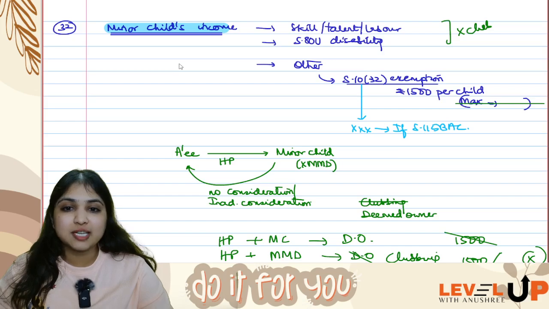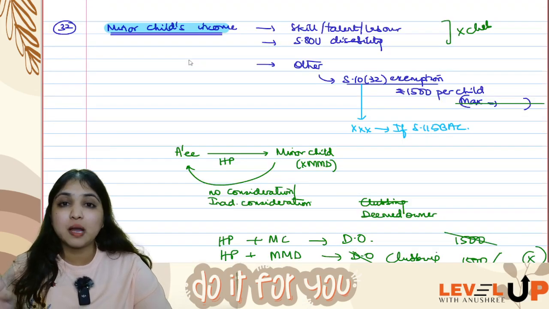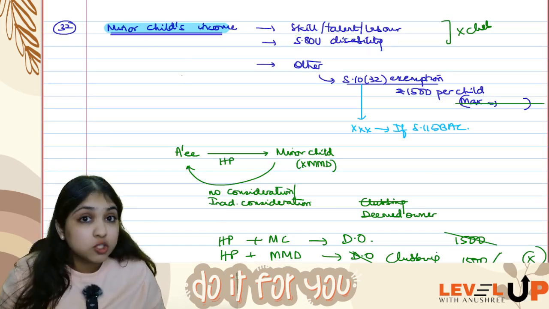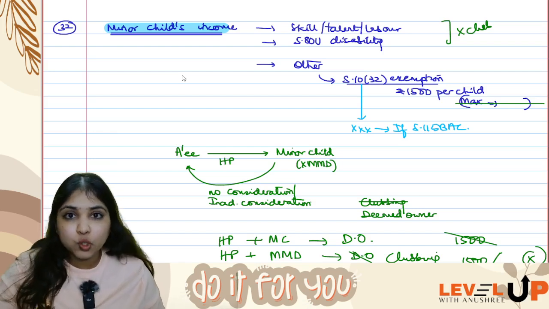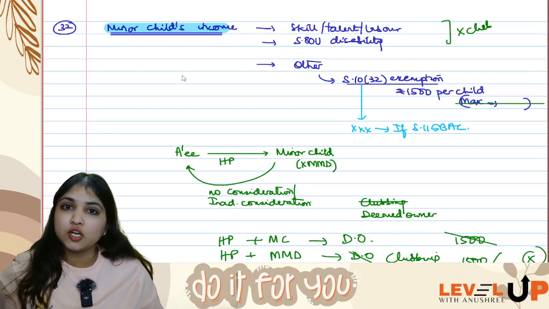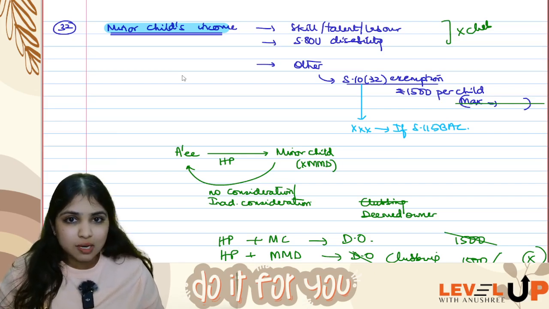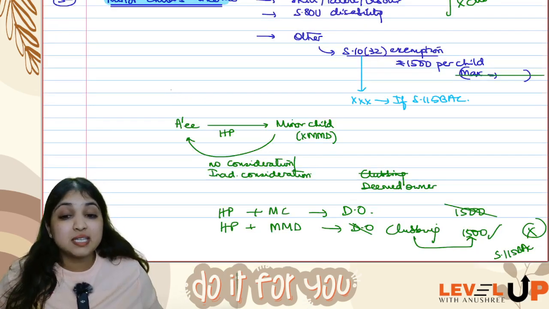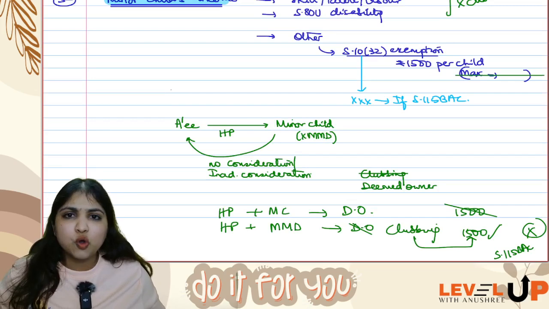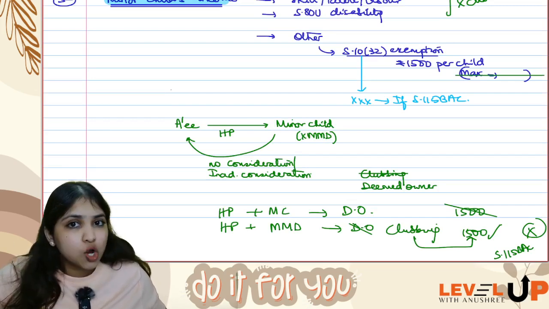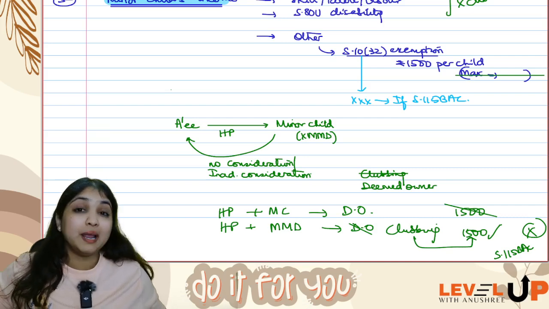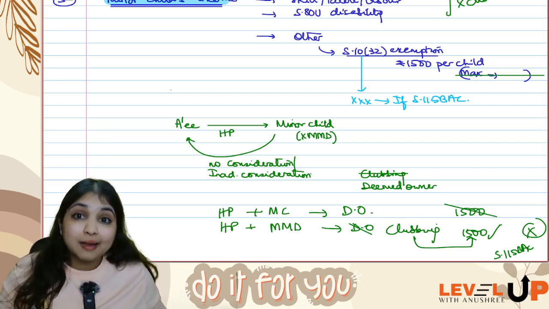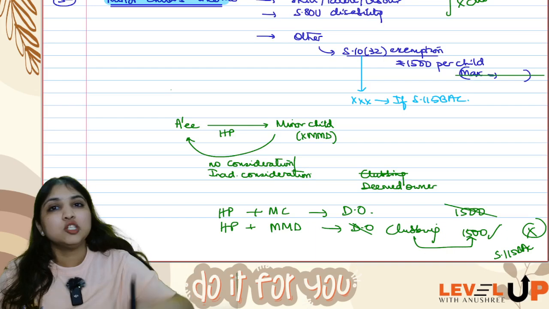Alright, so this was your discussion with respect to minor child's income. Minor child's income because of skill, talent, labor, you will not club. If the minor child is suffering from Section 80U disability, also you will not club. All other minor child's income you will club. You will enjoy Section 10(32) exemption of 1500 per child, with no limit on the number of children. But this exemption you will not get if the assessee is following 115BAC. But if the assessee is giving a house to his minor child for no consideration or inadequate consideration, the clubbing concept you will not apply, the deemed donor concept you will apply. In deemed donor, 1500 exemption you will not get, and if the minor child is a minor married daughter, the deemed donor concept will not apply. So welcome to clubbing.